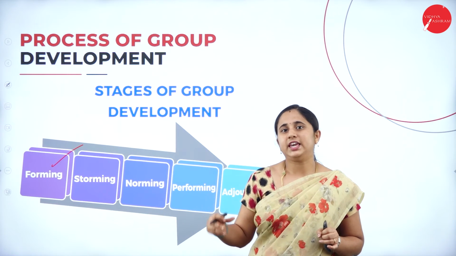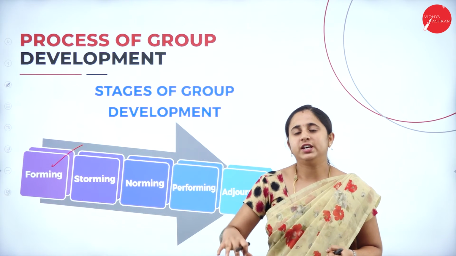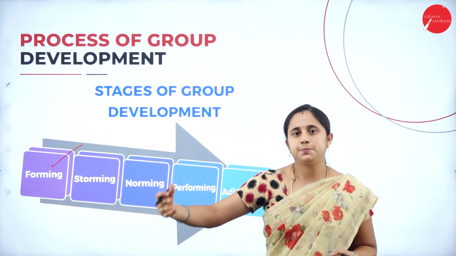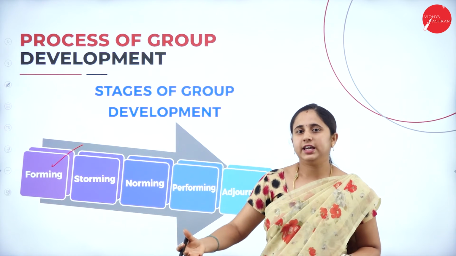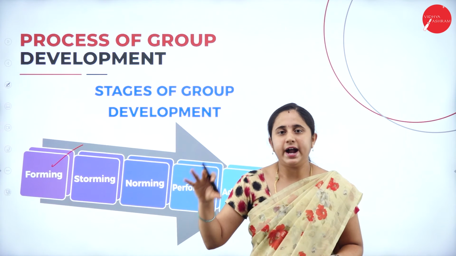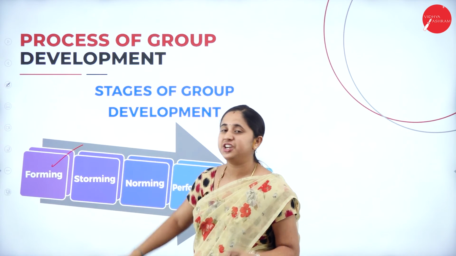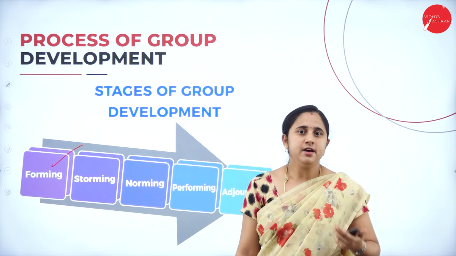So he seeks that assignment, or else it gives power. If he joins a particular group, it gives power to an individual, or else affiliation. It gives affiliation and status to the individual. So under the first stage, the forming stage, the individual will seek all these factors.